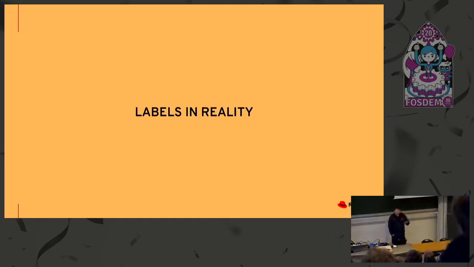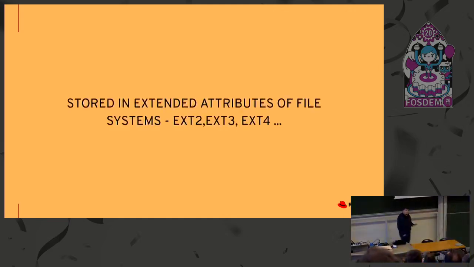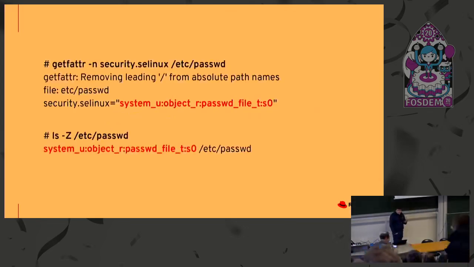So how do labels look in reality? They are stored related to system resources, in extended attributes of the file system, for example ext2, ext3, and ext4. There are two ways you can see the SELinux label of a specific file. In this case, it's /etc/passwd, and as you can see, the whole SELinux label is what is written in red. But in this case, we are interested only in the type, which is the third part of the label, which is